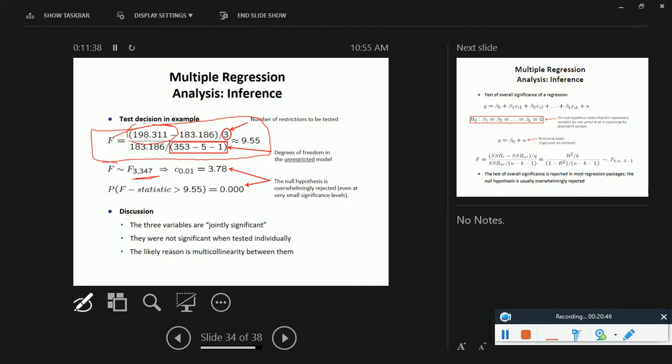So the null hypothesis is overwhelmingly rejected even at very small significance levels, right? So we reject the null. So they are jointly significant. So in your paper, if for instance you want to see how class performance depends on class attendance or doing homeworks or things like that, although I don't think they will have this kind of data in the World Bank data set,